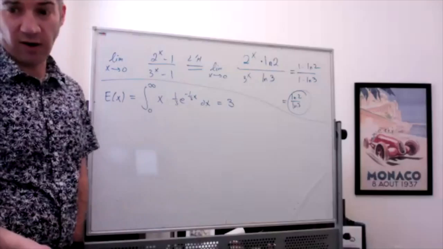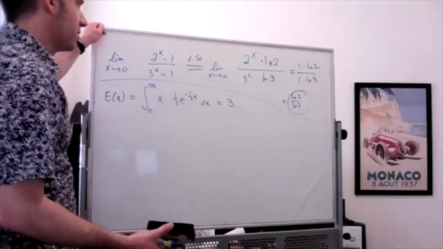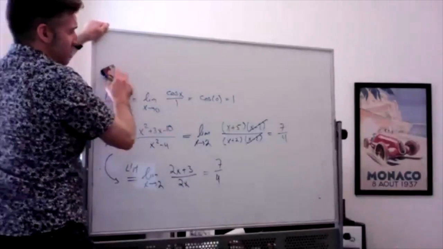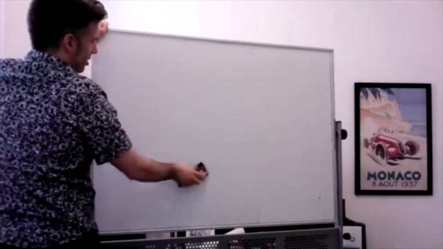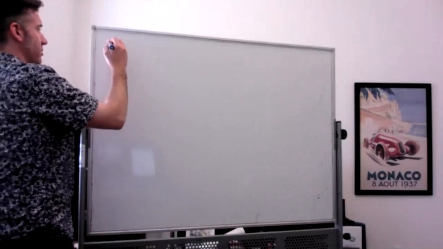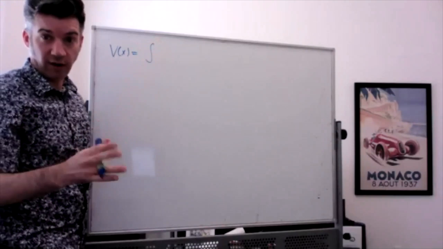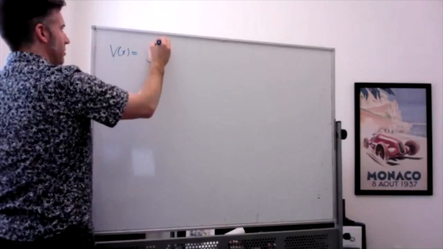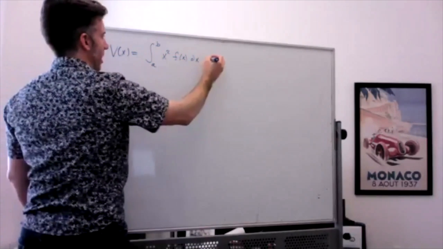And now I want to talk about the variance. The variance is going to be kind of a pain. So I don't actually want to calculate the variance the long way, because it's very unlikely that anyone's ever going to ask you to. So here's how you find the variance. The variance in general is the integral, and I'm going to use the nicer variance formula. It's the integral from a to b of x squared times your PDF minus your mean